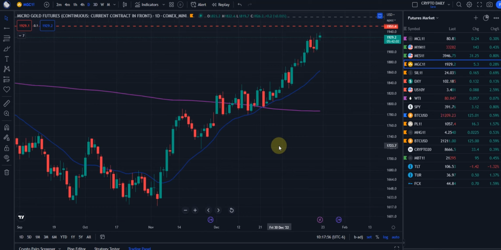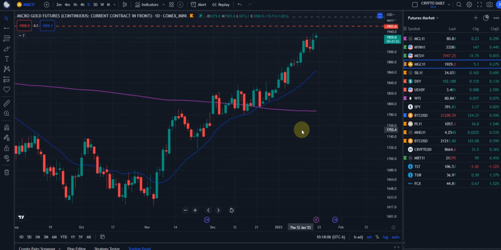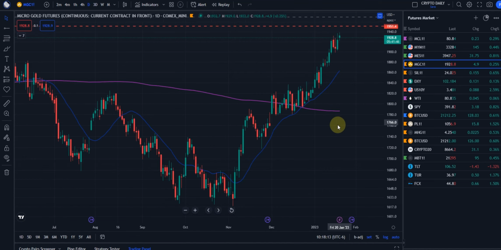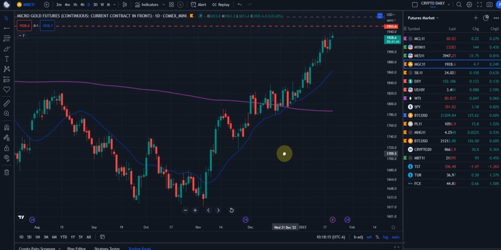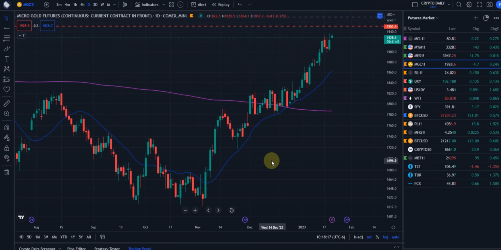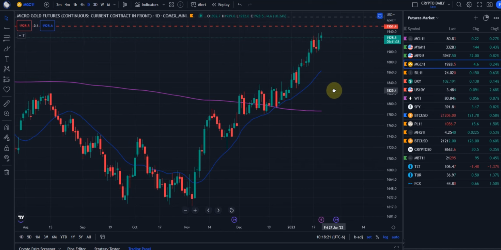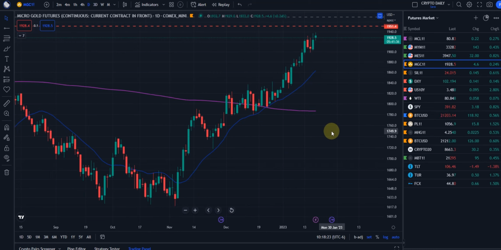Okay, gold and silver micro futures, in my opinion, not financial advice, are one of the best ways to play these markets. For example, silver, that's kind of my favorite. I'm going to talk about it a little bit more when we get to it. But right now, gold, great opportunity, but not right now. I wouldn't touch that, even if you gave me the money, I wouldn't get in right now.